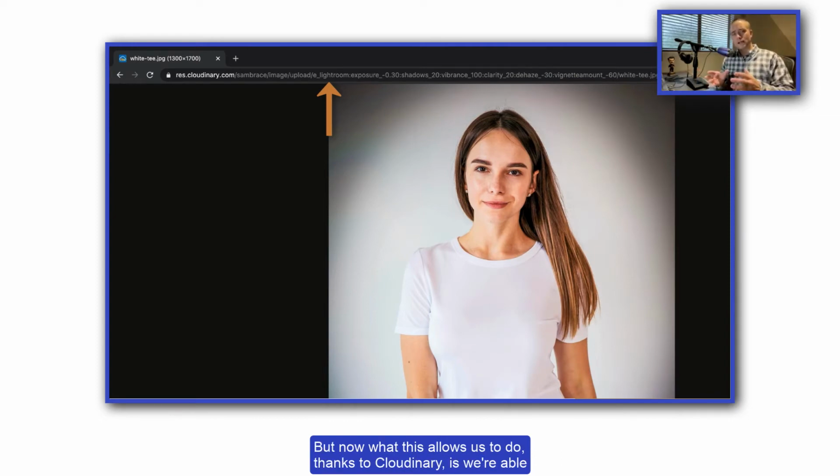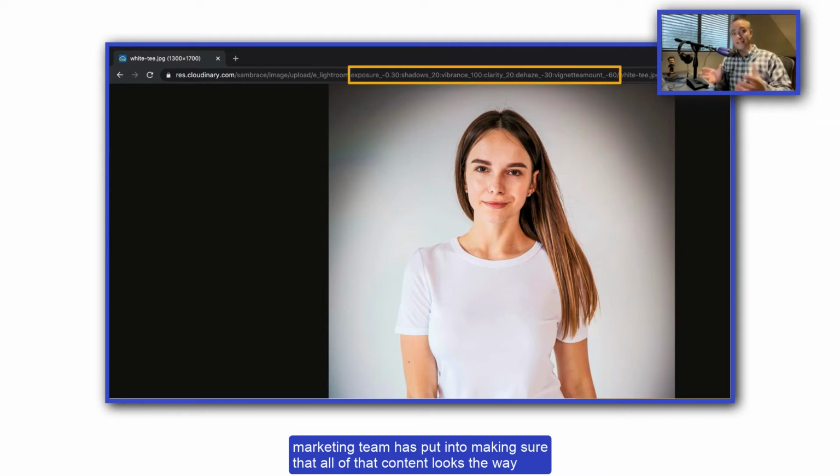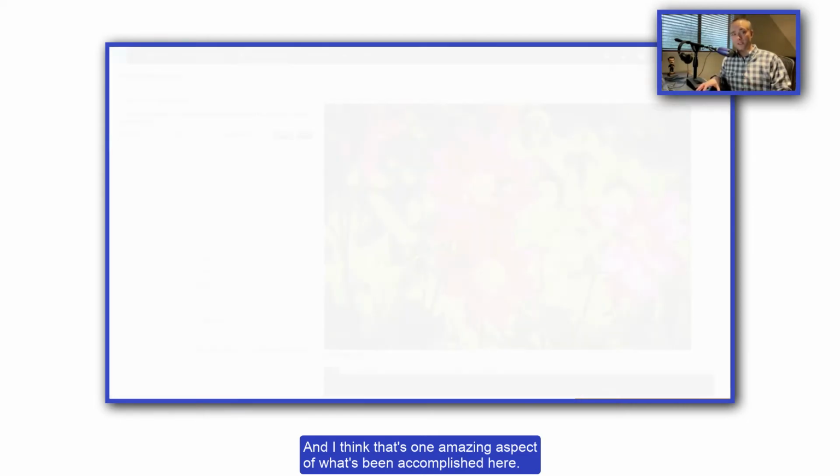But now what this allows us to do, thanks to Cloudinary, is allow a developer to take that work that the creative team or the marketing team has put into making sure that all of that content looks the way they want it in Adobe, and then scale it and make sure that now hundreds, thousands of assets look exactly the way that it's looking inside of their Lightroom, inside of their Photoshop. And I think that's one amazing aspect of what's been accomplished here.